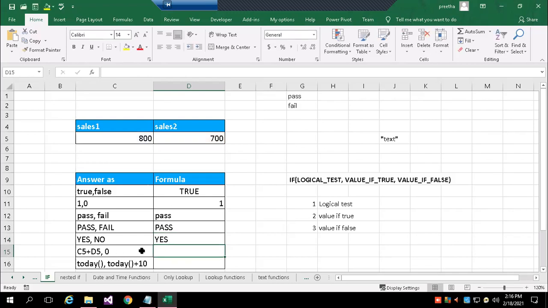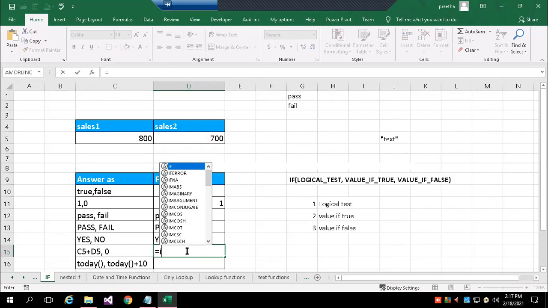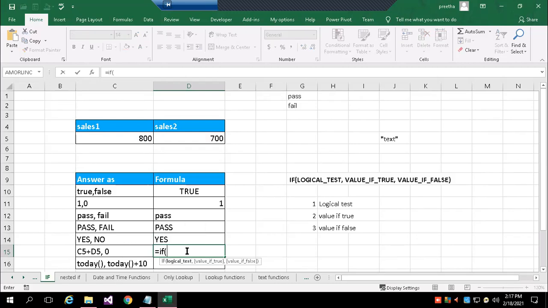Okay, next, if the same condition is satisfied, I want to add C5 plus D5, else I want to write 0 in the cell. Equals IF, same condition, C5 greater than D5, then if the condition is true, I want to add C5 and D5, else return 0.